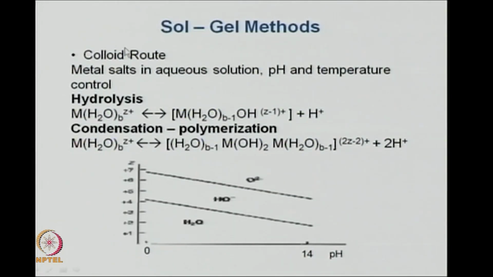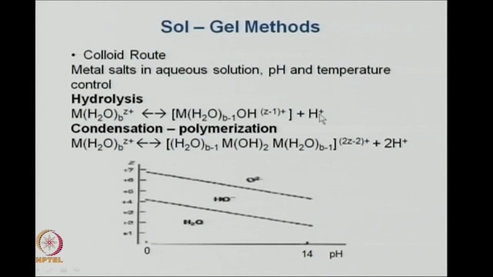Now, in this colloidal sol gel route, the metal salts in the solution, the pH and temperature control is very important, and the two steps which we discussed earlier, the hydrolysis and the condensation polymerization, are very important. Typically they are shown here: if you have a metal with B number of water molecules, which may be 4, 6, with Z plus charge, when there is hydrolysis, one of the water molecules splits up, and you get a hydroxyl group,